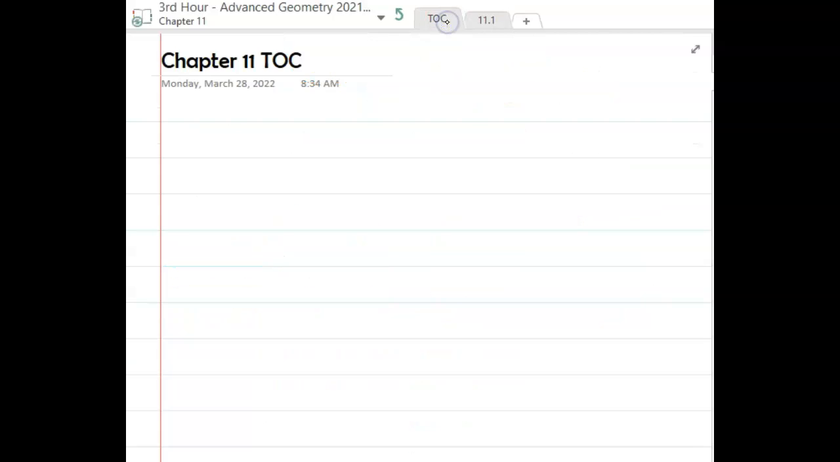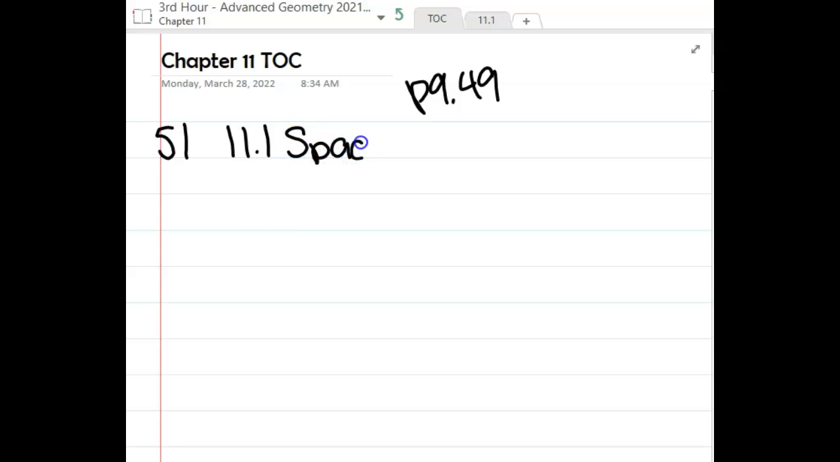Okay, your table of contents. I believe the next open page should be page 49. Page 49. Which means this is going to be glued into page 51. This is section 11.1, which is space figures, and cross